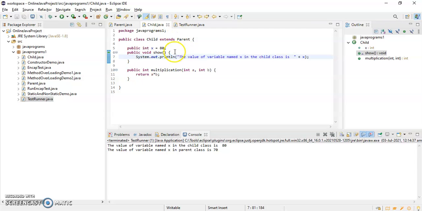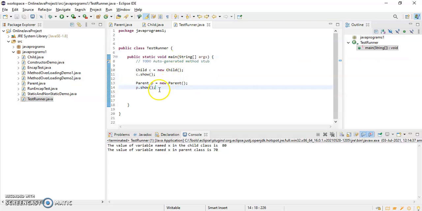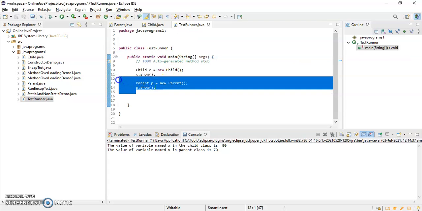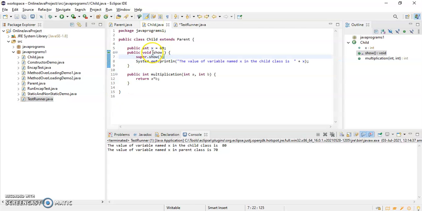I'll write super.show. We have assigned a child class object to the child class reference variable, and we are calling the show method of the child class. Inside this, I am calling the show method of the parent class with the help of the parent class constructor.